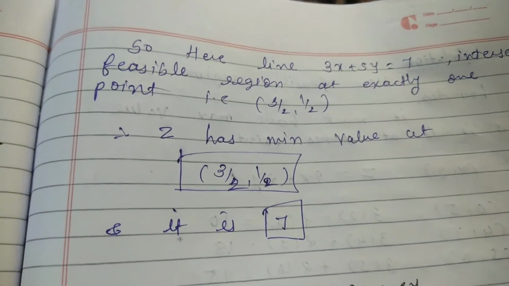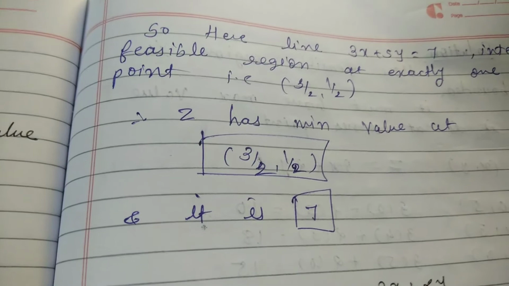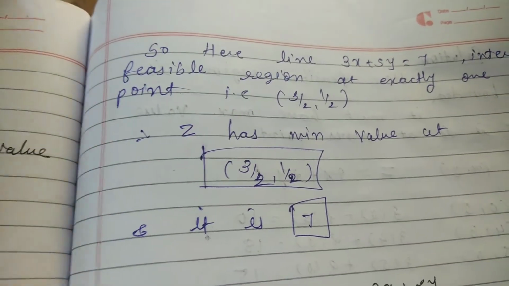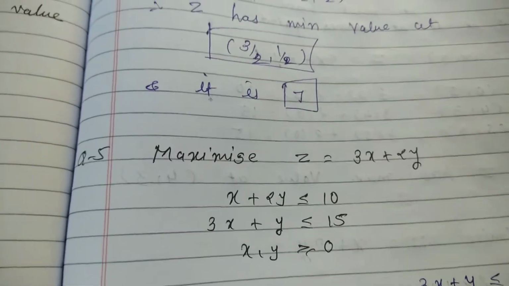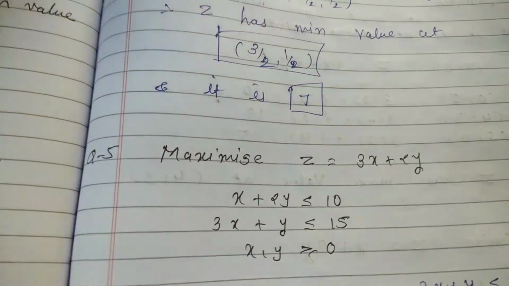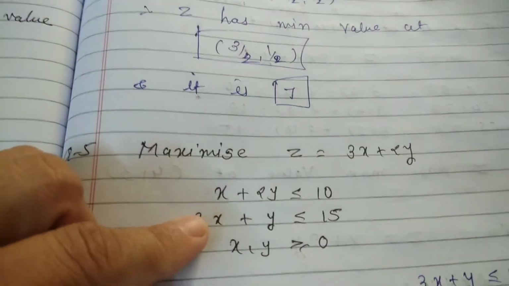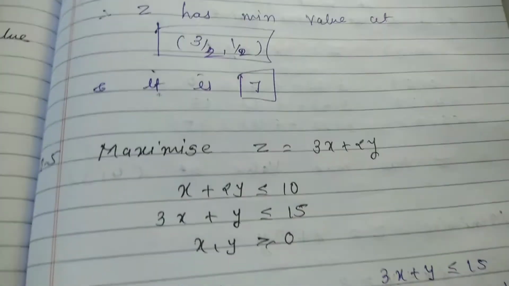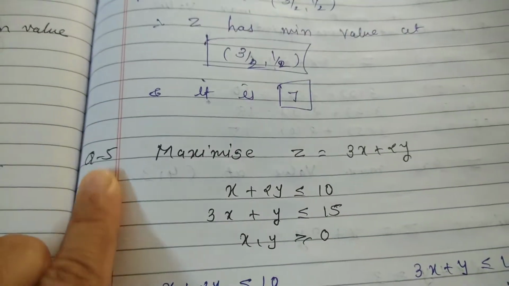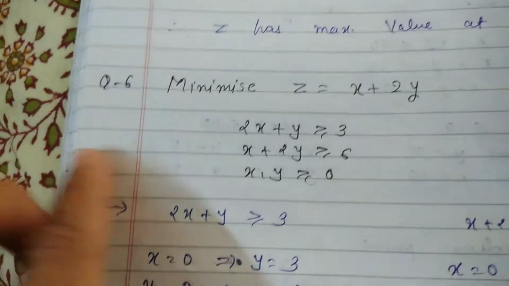So this is question number 4. I hope you understood this question. Now the second question we will see, question number 6. Question number 5 is this, which I am giving you as homework, because when you work it out, you will find the bounded region, and in the bounded region it is easy to find. So I am giving you question number 5 as homework. Now let us see question number 6.